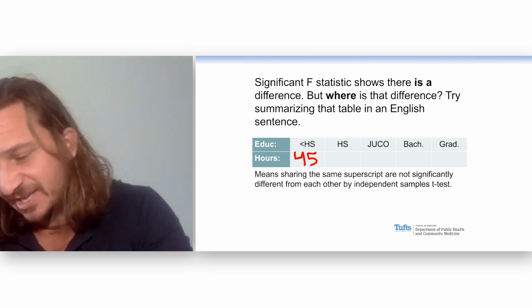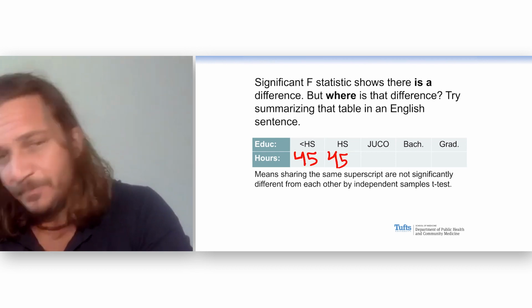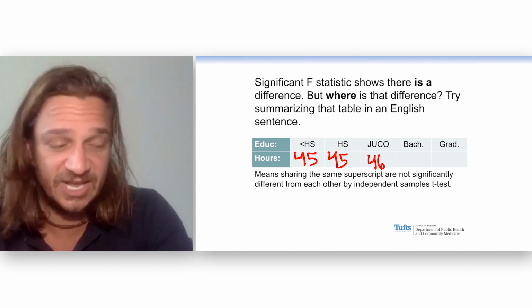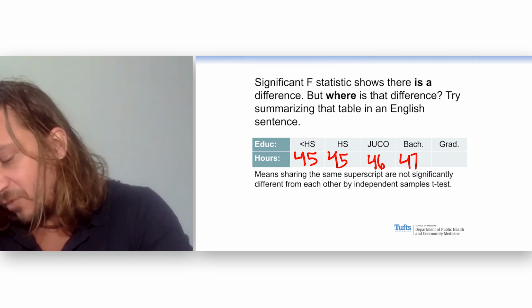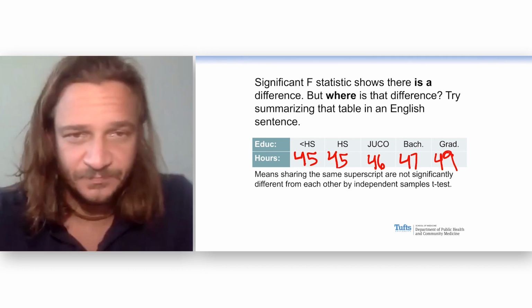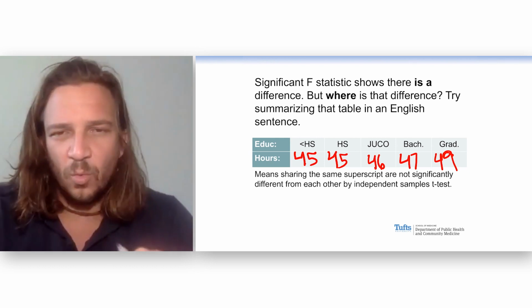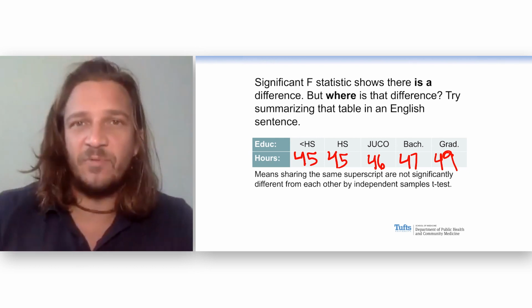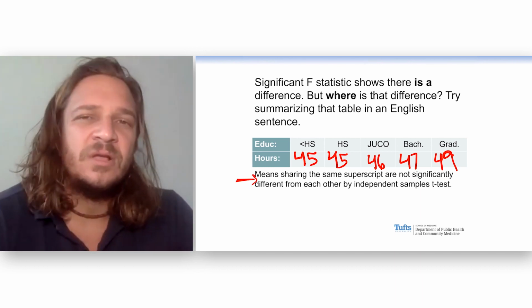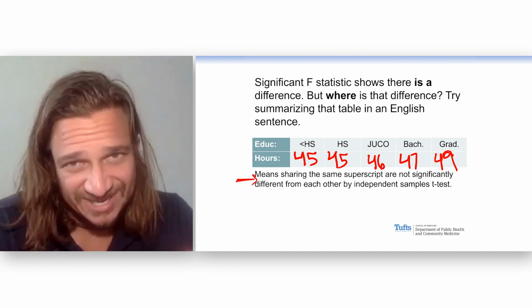These are the numbers. Less than high school was 45. High school was 45. Junior college was 46. Bachelor was 47. And graduate was 49. Now, we make these numbers in the table, and then we add this little interesting thing at the bottom. It's a little confusing because it's a negative, but